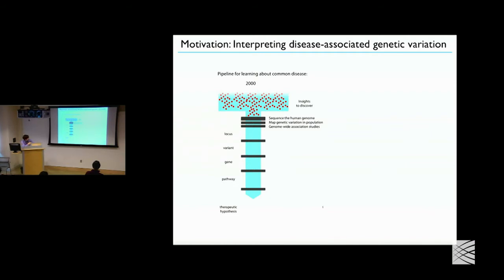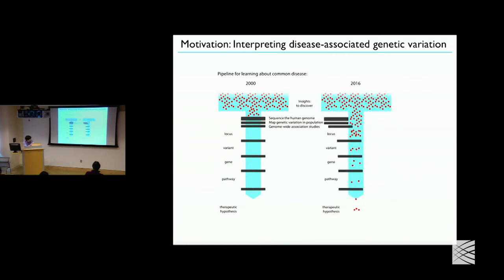But that would involve determining which loci in the genome might contain causal variants, understanding which variants actually tweak the function or expression of a gene, understanding the gene, its role in cellular pathways, as well as at the organismal level, and then ultimately leading to a therapeutic hypothesis about some particular molecule or gene that we could drug in order to modify disease risk. So a huge amount of effort in the last 16 years has gone into, of course, finishing the sequence of the human genome. That was a major barrier. Mapping genetic variation in the population.